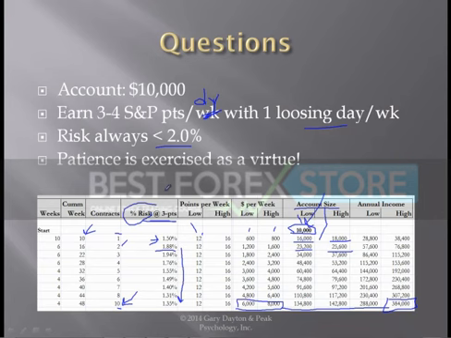than return on investment. I never think of return on investment. What I think about is, can I make an average of 3 or 4 points a day with 1 day a week on average that I'm losing? And can I do that consistently? Can I make the mindset such that I can do that consistently? And as I prove to myself that I can do it consistently, I can add to the position size.